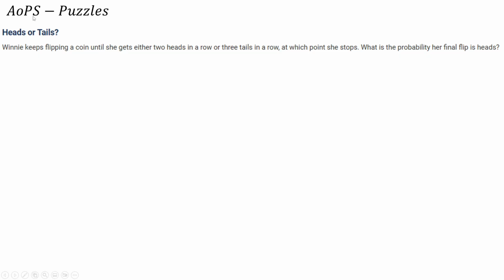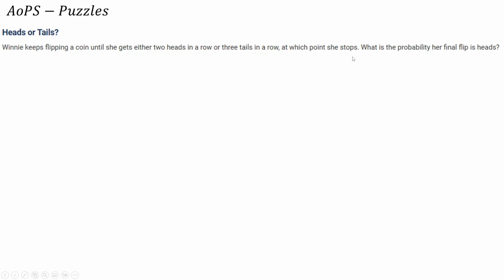So I came across this puzzle on a website called The Art of Problem Solving, AoPS. And in the puzzles section, there was this problem here. It was about someone called Winnie, and they were flipping a coin until they either get two heads in a row or three tails in a row. Whichever one they get, they must stop, and we want to find the probability that her final flip is